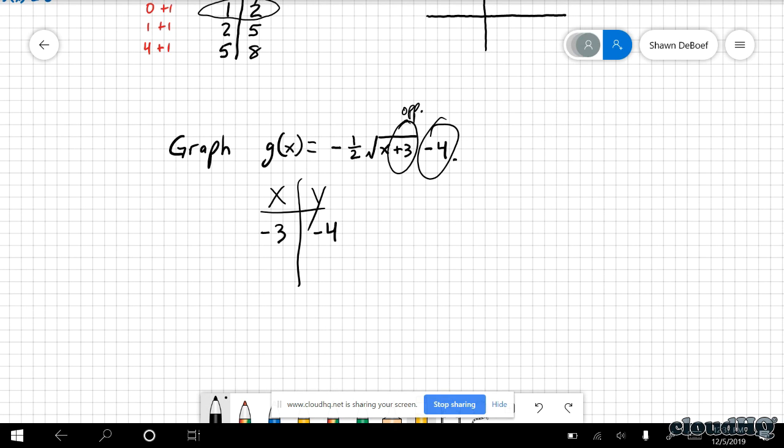But to figure out what other numbers, maybe I could have thought of 0, 1, and 4 because those are nice numbers to square root. But what are we doing to each of them this time? We're subtracting 3. We have an h value of -3. So if you subtract 3 from each of those, you will end up with 3 numbers that work nicely. 1 minus 3 is -2, and 4 minus 3 is 1. -3, -2, and 1 should all work nicely when I plug them in.